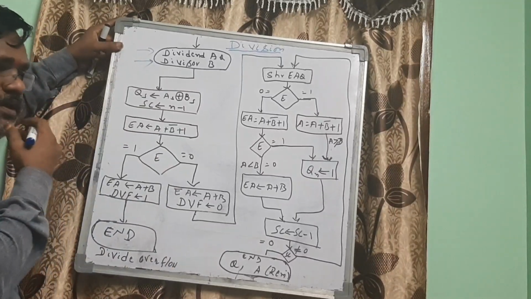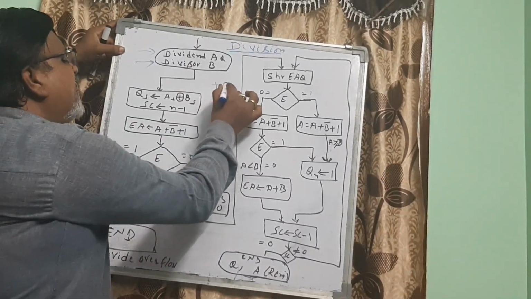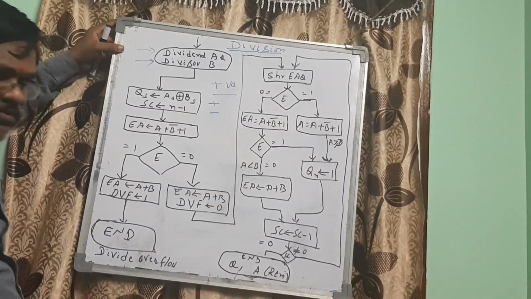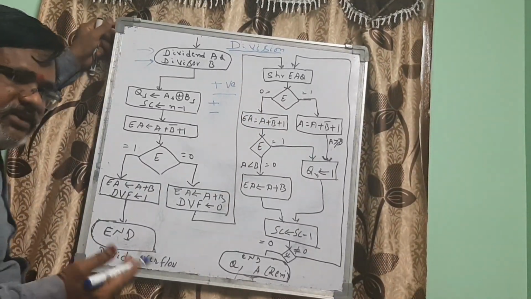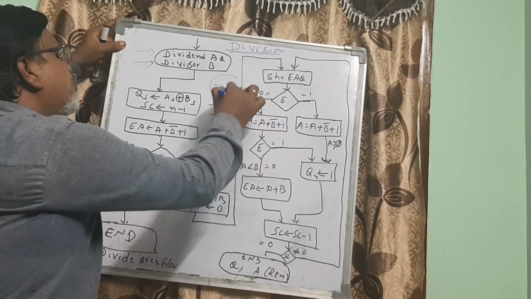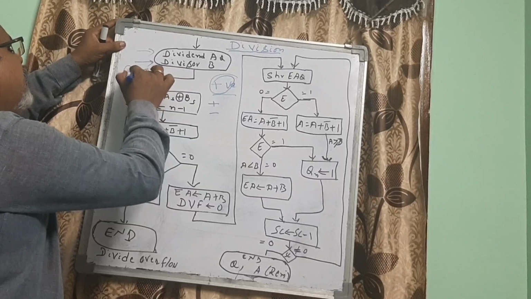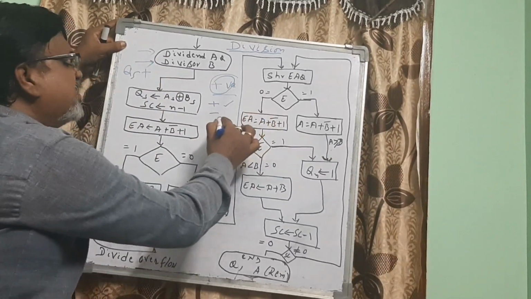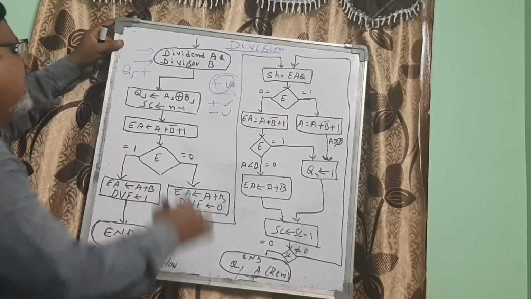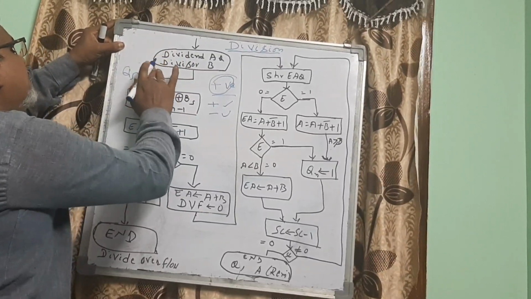As we have discussed, the division operation can be done for both positive numbers, or one positive and one negative number also. So whichever is positive, whichever is negative, determines the quotient sign. If both are positive numbers, the quotient sign will be positive. If any one of the divisor or dividend is negative, then the quotient sign becomes negative.